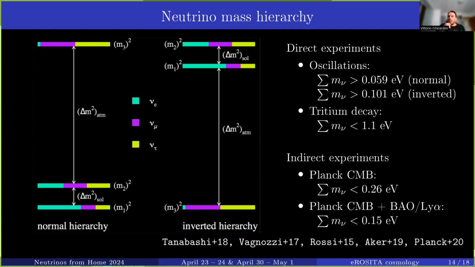state-of-the-art value for direct neutrino mass measurements are the ones illustrated here. And in the past, there have been many other indirect experiments that were able to probe the sum of neutrino masses, for example, Planck-SPT-ACT or Planck combined with multiple other probes. And one thing that we always need to take into account is that cosmological experiments, like the one whose result I'm going to show, depend a lot on the assumption of the cosmological model behind, while direct observations, like oscillation experiments or beta decay, do not really depend on the cosmological assumptions,